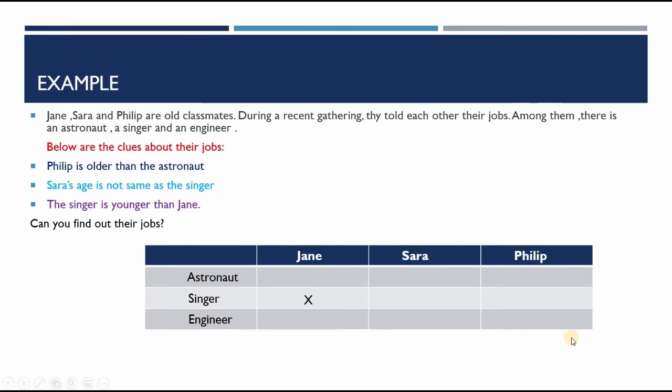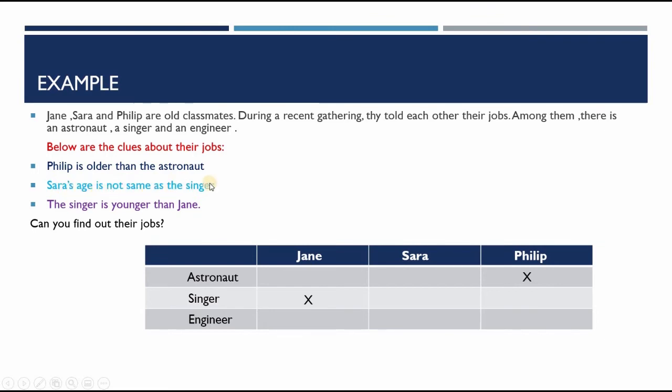Check your answers. So we know Philip is not the astronaut, right? Because he's older than the astronaut. So Philip is not the astronaut. And also we know